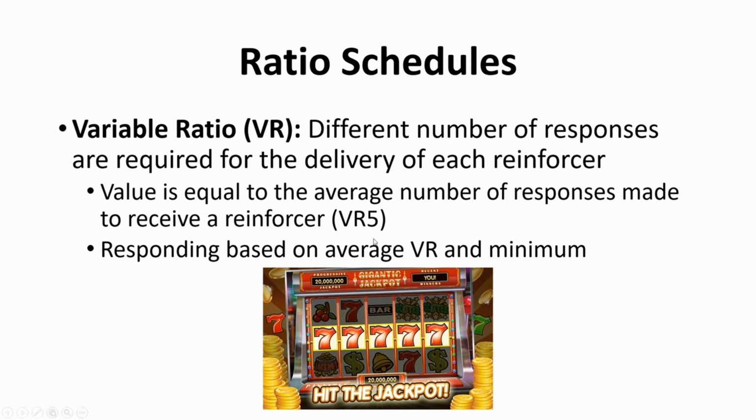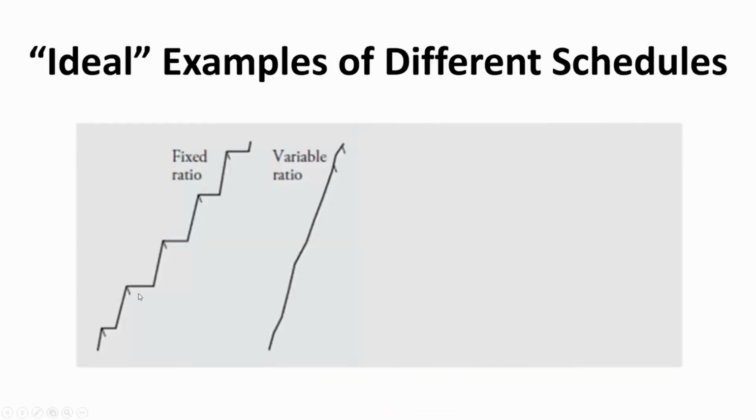If, however, that average VR was higher, or if our minimum number was a lot higher, we might see slower rates of responding. So our variable ratio ones tend to, again, be a little bit variable in what the data looks like. But the overall pattern that we tend to see would be something like this. So instead of these predictable fixed ratio graphs where we have our plateaus and our continuous ratio runs and we can see a predictable pattern,